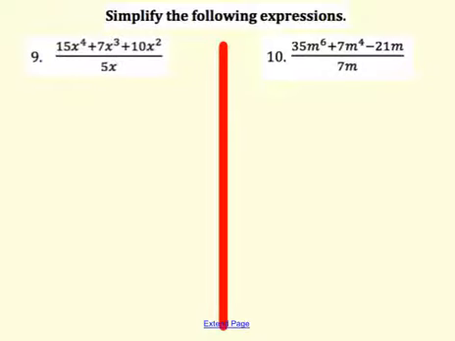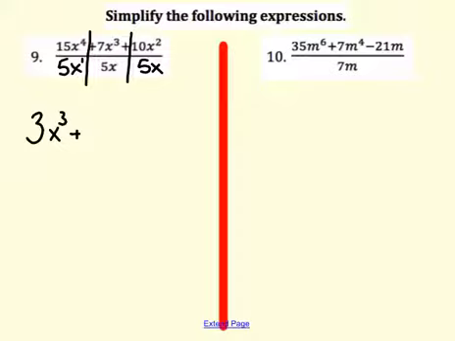Great news. These are the last 2. So let's just get them done. 5x, 5x. 15 divided by 5 is still 3. X to the 4th minus x to the first is x. 4 minus 1 is 3. Plus